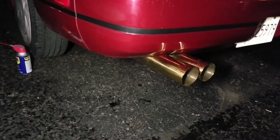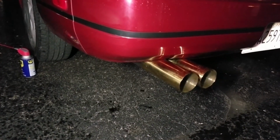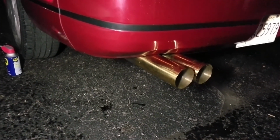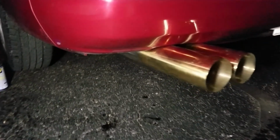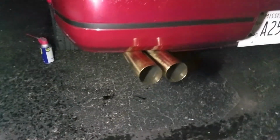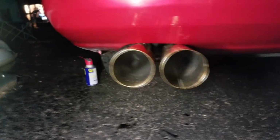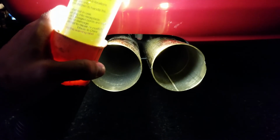Okay, please forgive the low light conditions. This took quite a bit longer than we were expecting. Partly due to me not actually lining this up correctly on the first tack weld, but it's in now, and it seems like we've gotten it pretty well centered up on the bumper here. It's not going to sit flush against the bumper. We still need to put in a piece to bring it down just like that a little bit, but as you can see, if we get underneath the car,